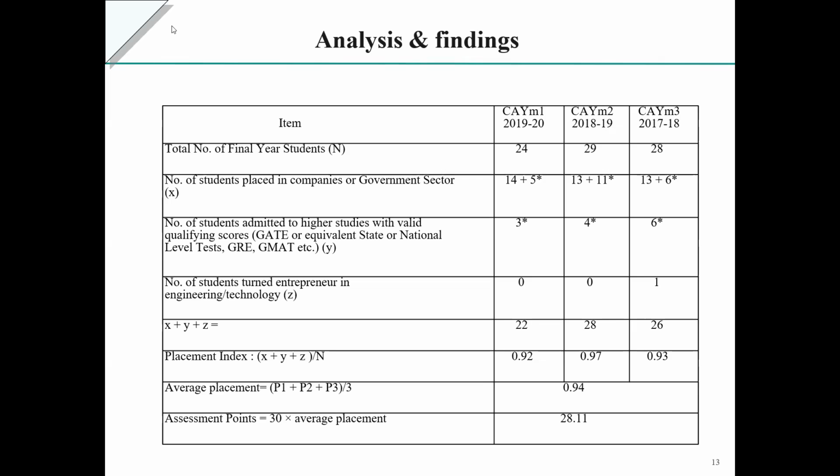As the time is not much, maybe I will give all this information later. The average placement index is 0.94. It is good, but we need to improve a lot. We need to learn from that. That is why we are analyzing all these things, and we planned how to incorporate our project in the future.